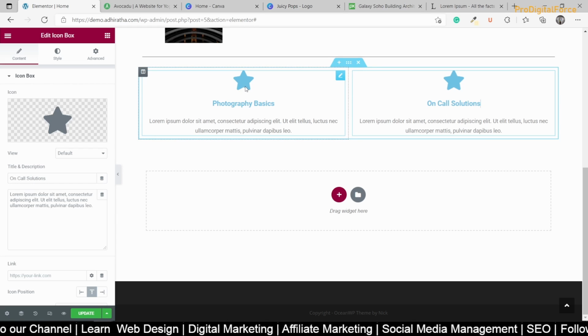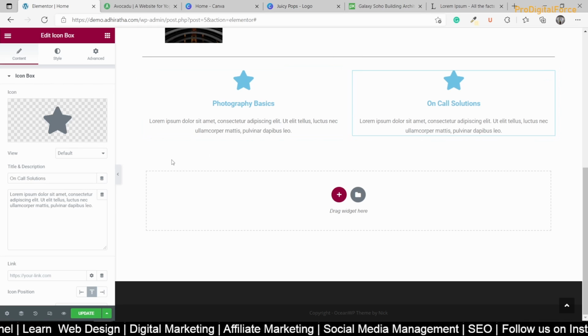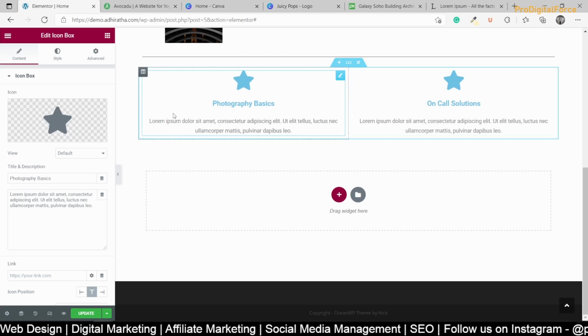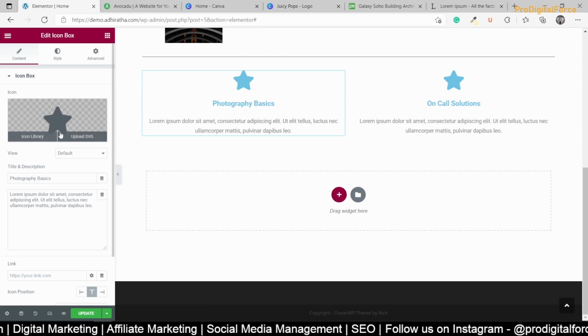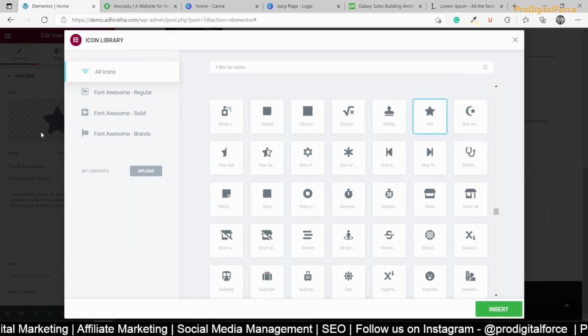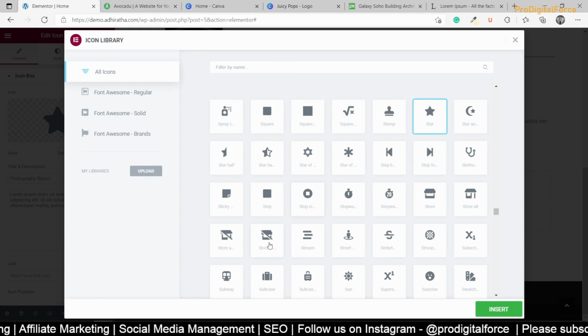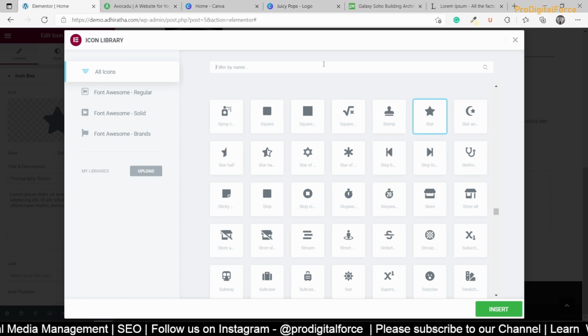So start editing it. Now here there's a star mark. Here also star mark, right? So you have to show some symbol there. When you select this, on the left hand side you get an option called icon library. So just go here. You will find thousands of options. According to your topic you can find something, or else you can pick something which is relevant. So maybe it's photography. Let me see if I can find, camera.